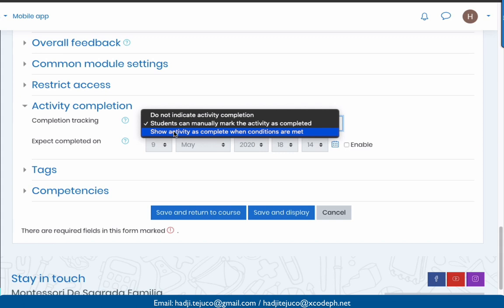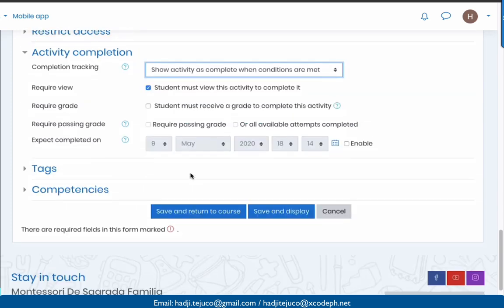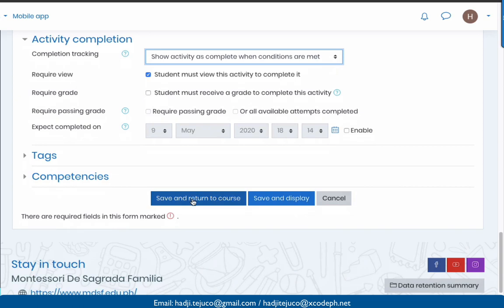Here, show activity is completed. And then if you want to make sure that the student has a passing grade, you could click this one. Otherwise, let's leave it blank. And then save and return to course. Okay, so once you're here,